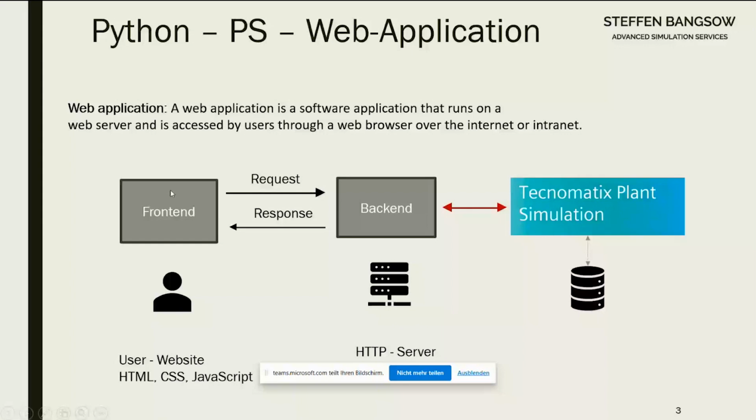We have a front end, normally a web page, HTML, and from the front end, we make a request to an HTTP server. And on the HTTP server, we have a backend. And this backend program needs to communicate with plant simulation.